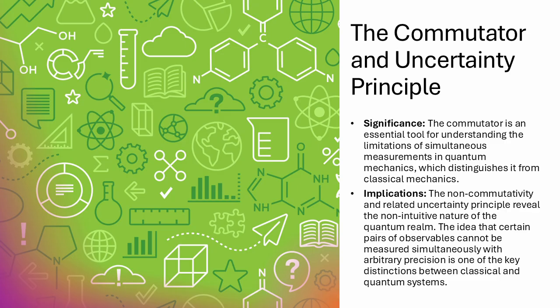So it's like the universe is saying you can't know everything for sure. But here's some superpowers. Exactly. And it's by embracing this inherent uncertainty, by understanding the language of commutators and the dance of non-commuting quantities, that we can start to unlock the true potential of the quantum world. This has been an incredible journey so far. It's just the beginning. But I have to ask, what are the implications of all this?